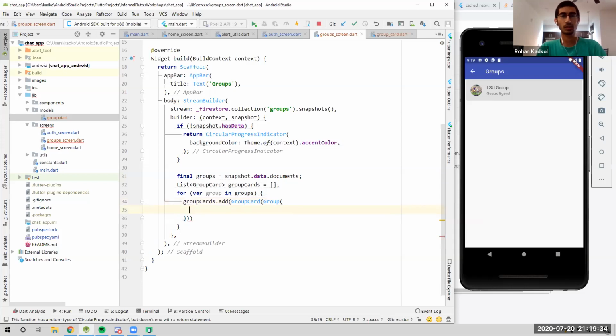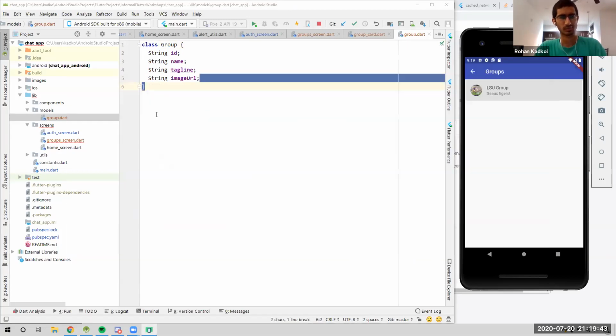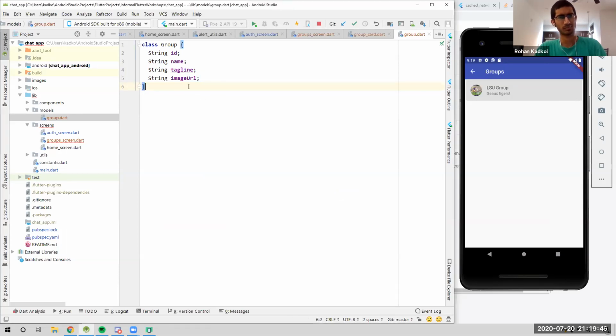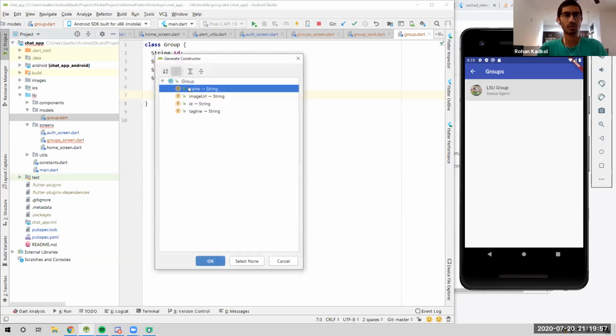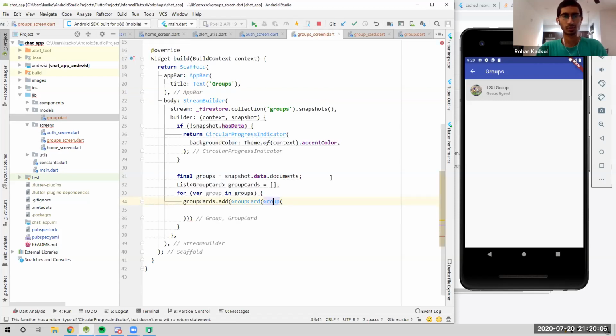Now this group, we need a group constructor. Funny, we need a group constructor. Really? We need a group constructor? Sure, let's do a group constructor. Oops, what's this? Alt insert constructor. Sure, we'll do what they want us to do. Now group screen is here. Group,